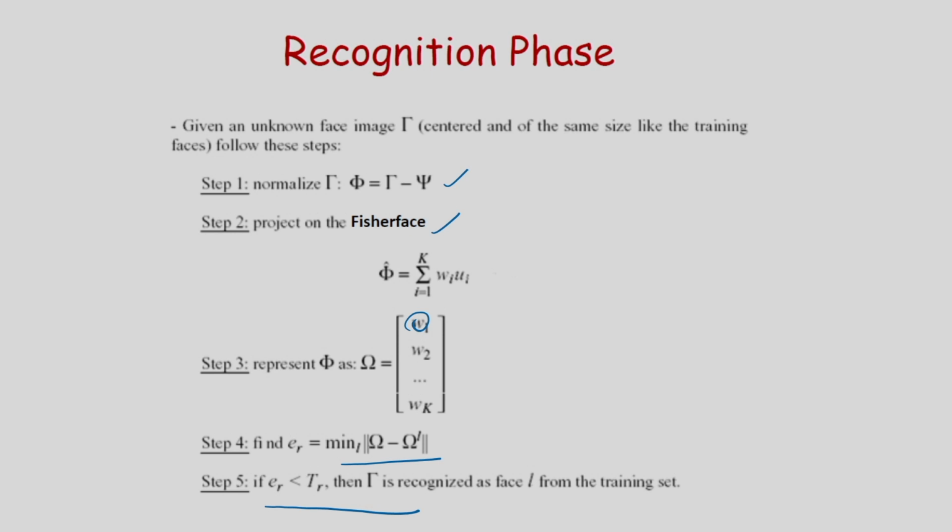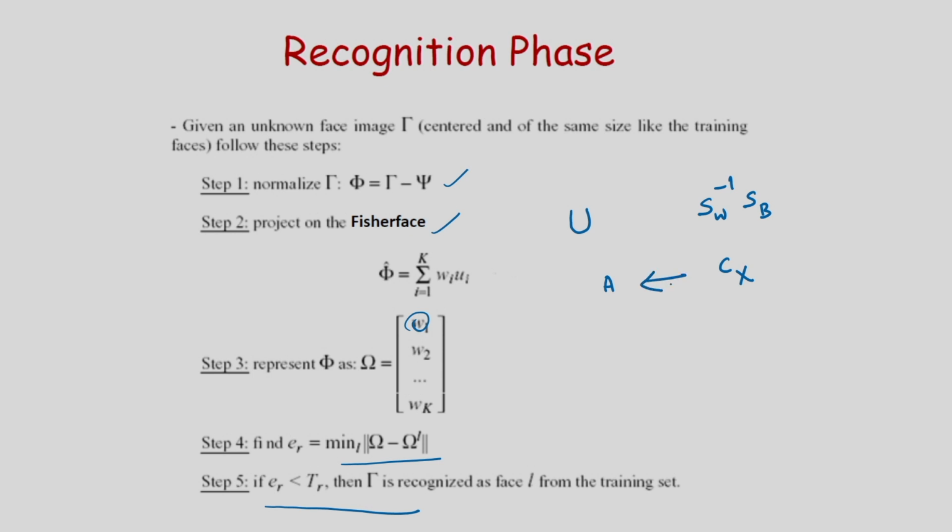So this concept is very much similar to the face recognition by PCA, but in this case I am considering the Fisher face, and corresponding to this I am determining the transformation matrix. The transformation matrix is U, that is obtained from the eigenvectors of SW to the power minus 1 SB. In case of the PCA, we consider the transformation matrix A. The transformation matrix is obtained from the eigenvectors of the covariance matrix of the input data. So Cx is the covariance matrix of the input data, and I am determining the eigenvectors, and from the eigenvectors I can determine the transformation matrix.